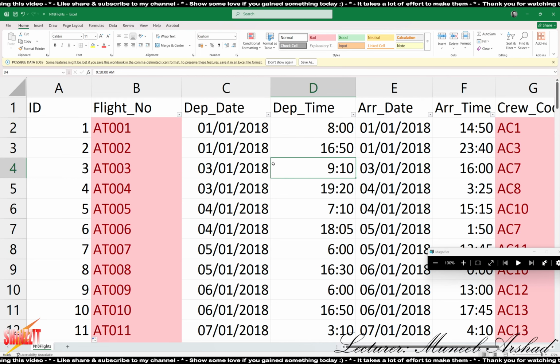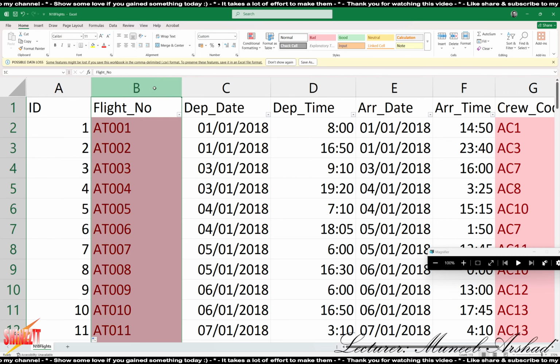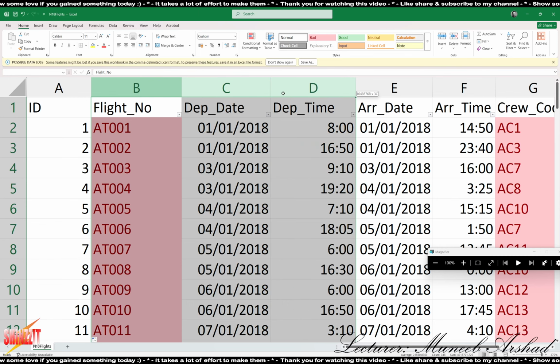So technically, if I consider flight number, departure date, departure time as my compound key,